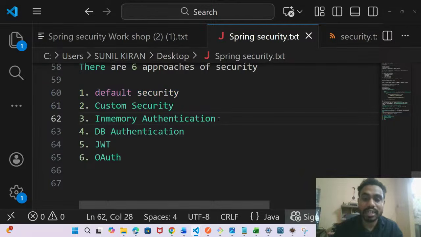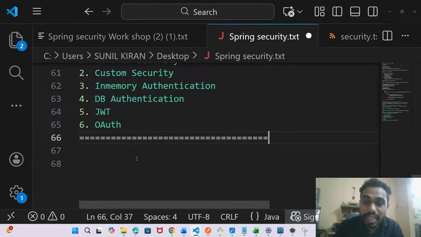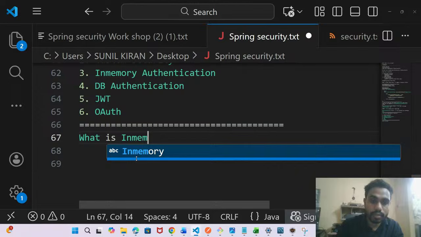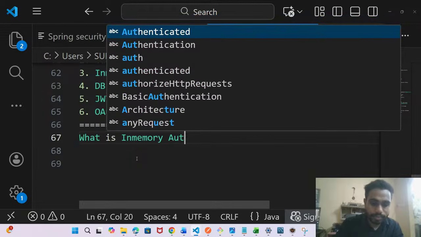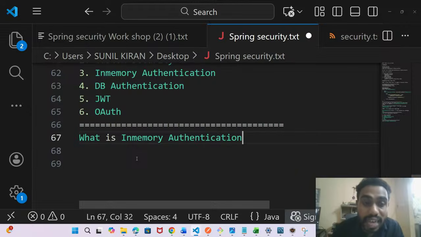Guys, anyone tell me what is in-memory authentication? Any idea? By the name itself, you can tell me and explain what is in-memory authentication. What is in-memory authentication, guys?